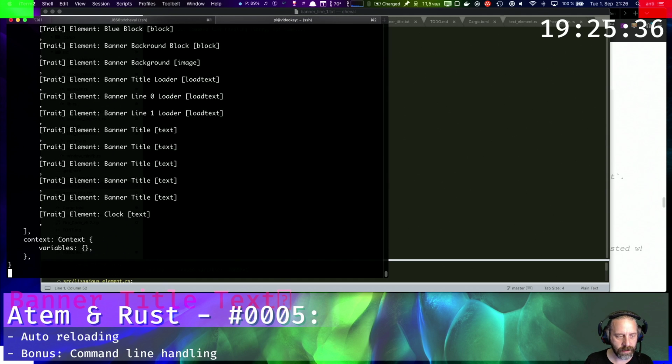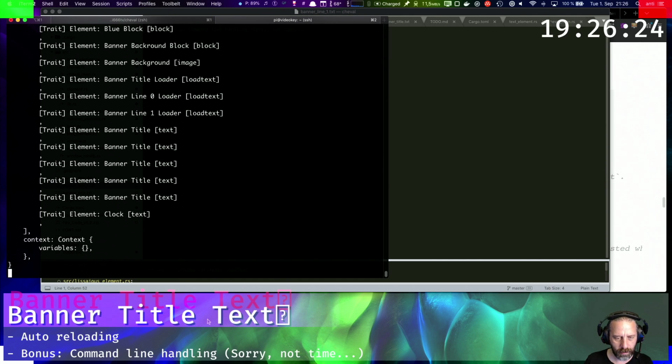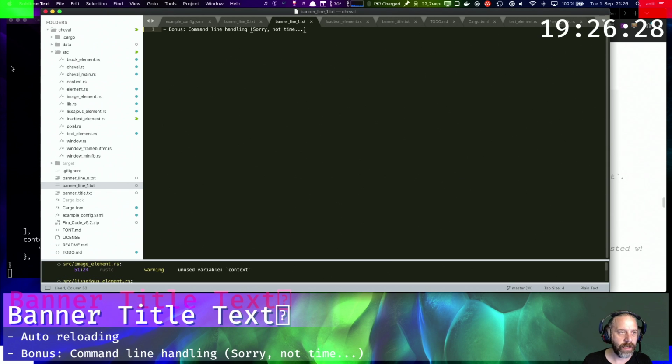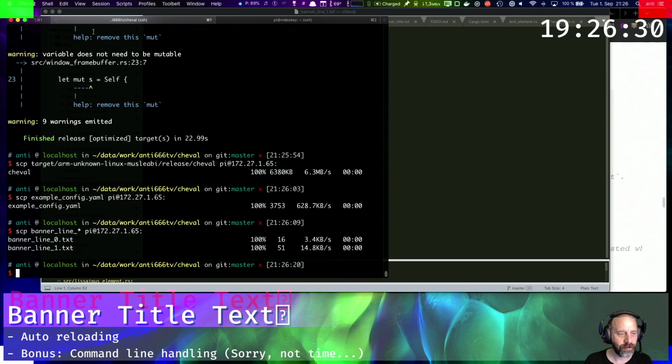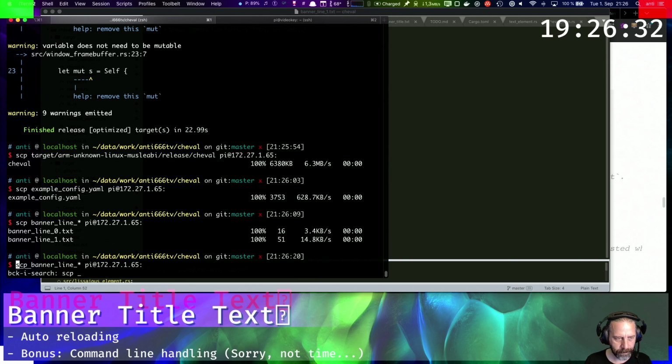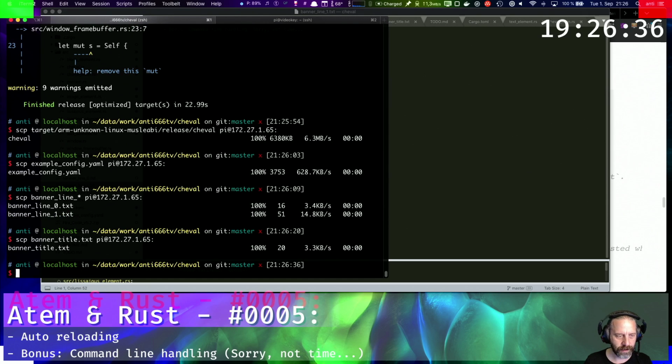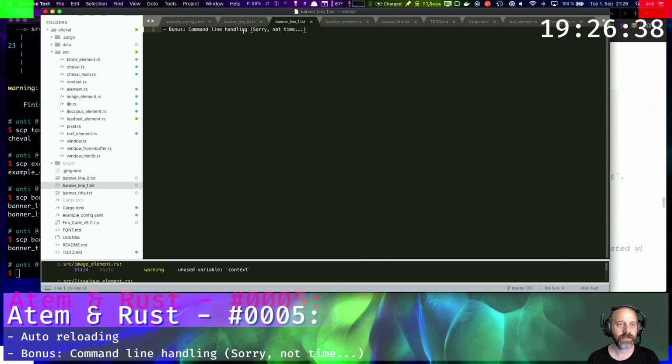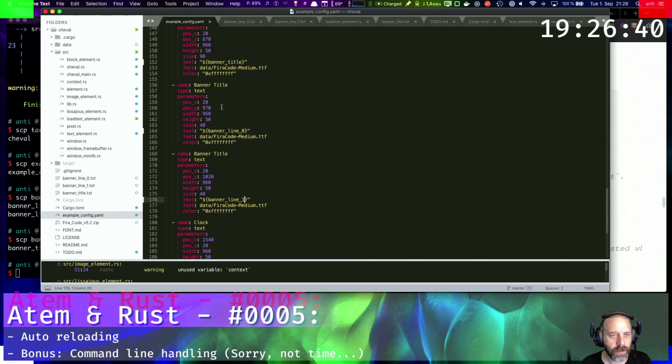And I start this on the mission. Oh, banner title text. Yes, because we have to copy banner title text over. So live editing, and I think we can get rid of